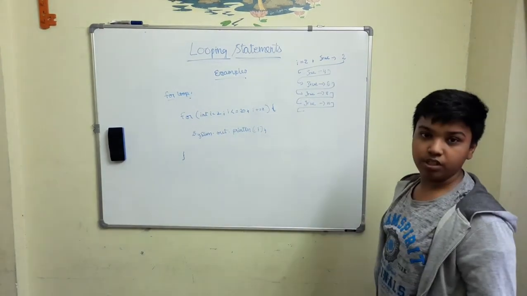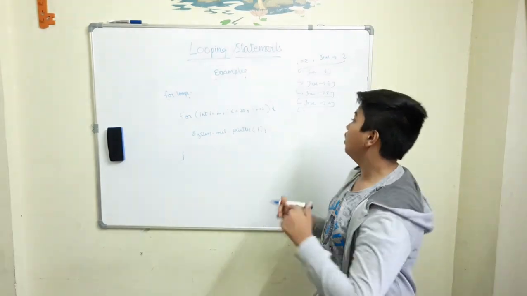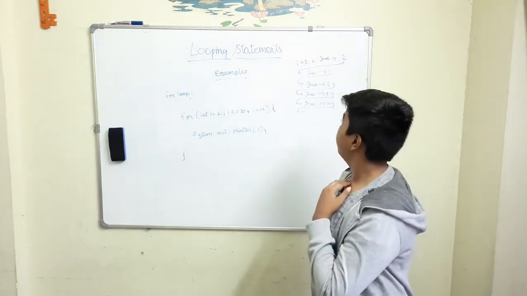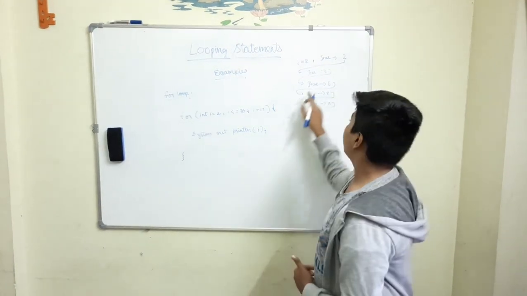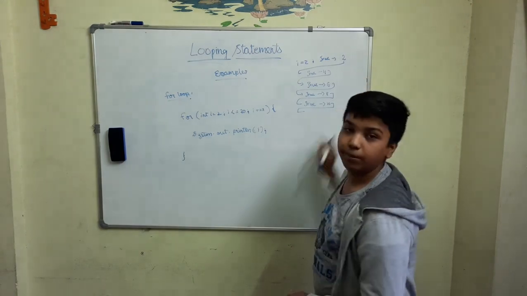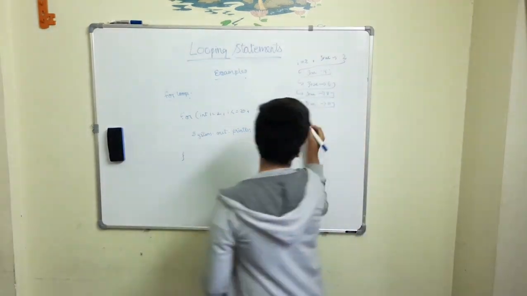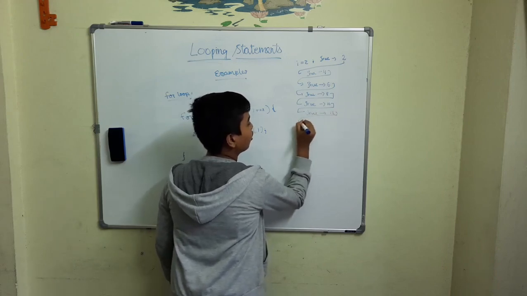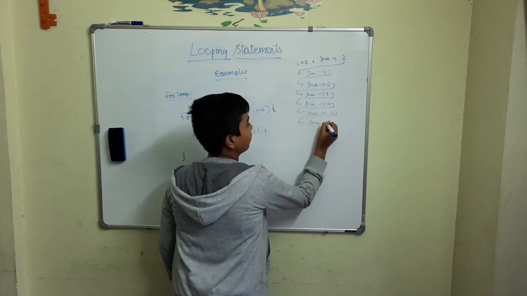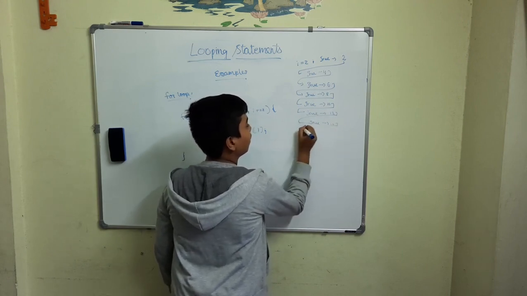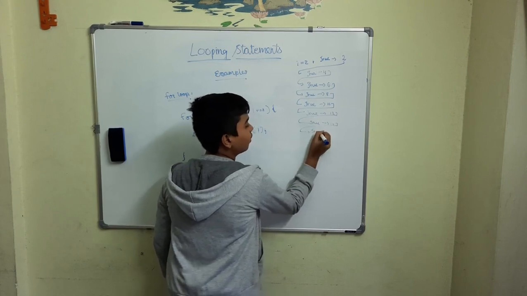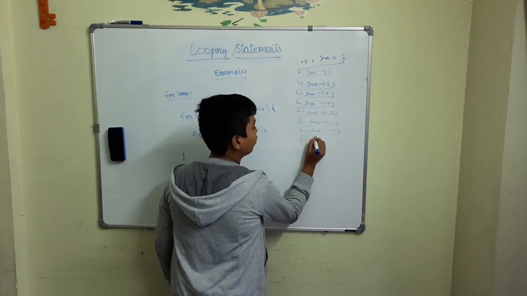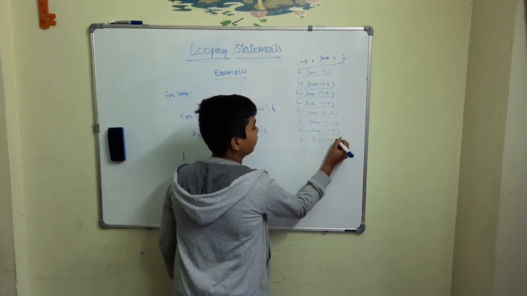This cycle is known as iterations. So you will have 10 iterations, because we are printing the first 10 multiples of 2. 5 iterations have already been done, and 5 more will be done. True, we'll print 12. Go back, true again, we'll print 14. Go back, true again, we'll print 16. Go back, true again, we'll print 18.